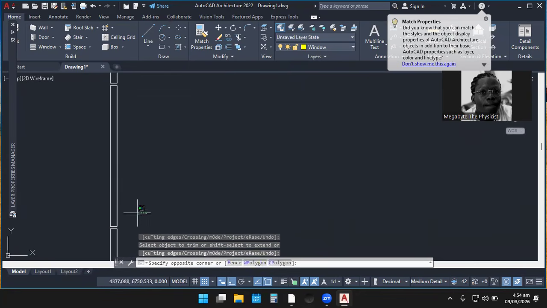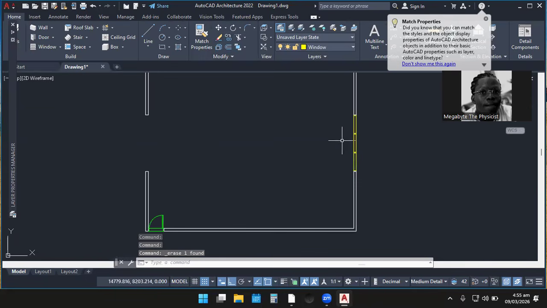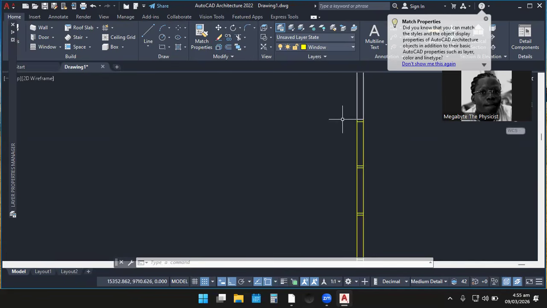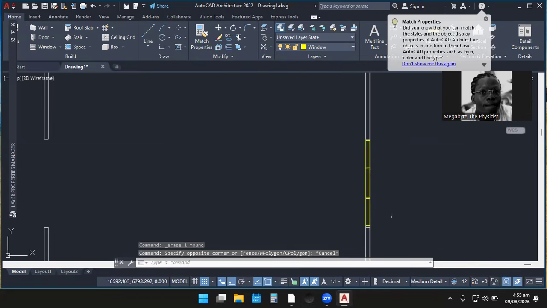So the next thing I'm going to do is remove this. I'm going to highlight all of this, and then I press delete. It's gone. See, some portions are still left. I can click them and delete them or erase them. They are gone. I can just copy this window over here and put it over there. There is no need to draw another window again. But first of all, I need to highlight the whole window.